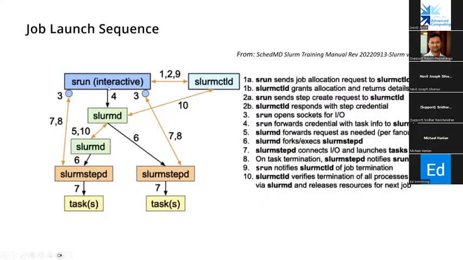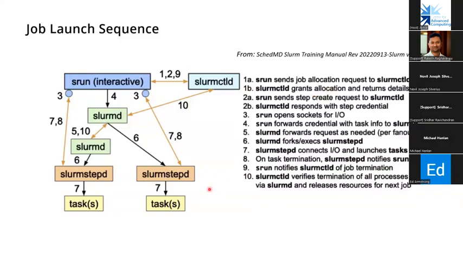srun is not typically used to request job allocations, but if you use srun or sbatch, what happens is srun sends a job allocation request to slurmctld, and then based on the availability, slurmctld grants the allocation, provided it has found some compute resources that can run the job. And this can be taken care of by sbatch or salloc as well. And in the second phase,